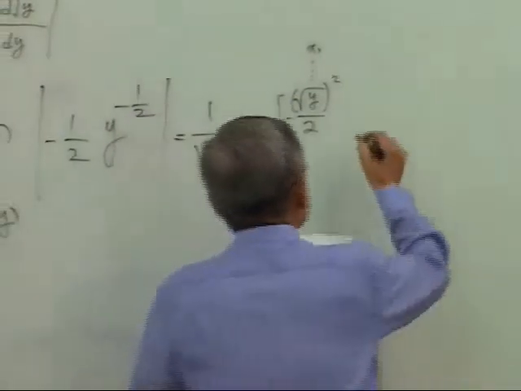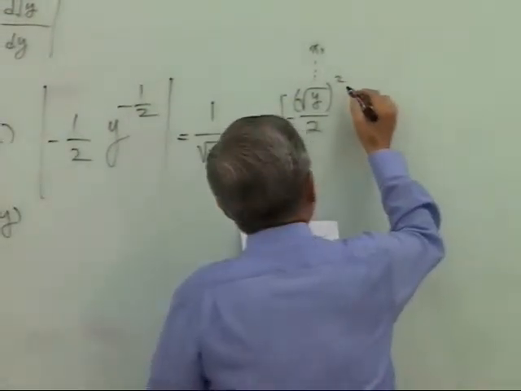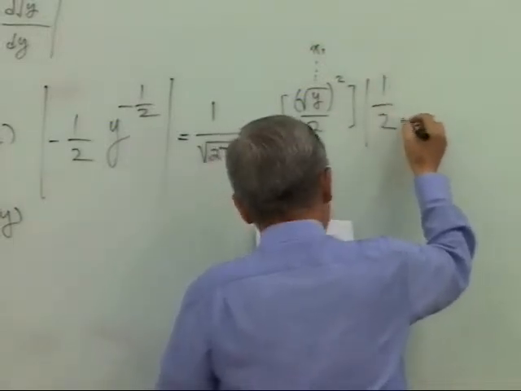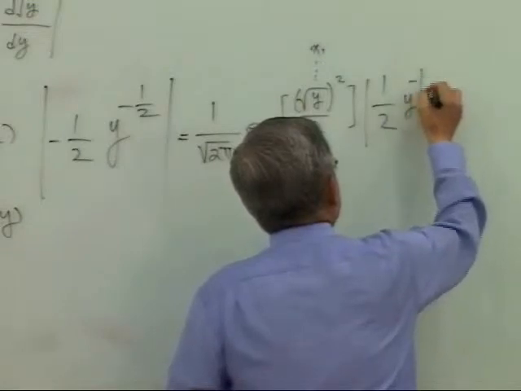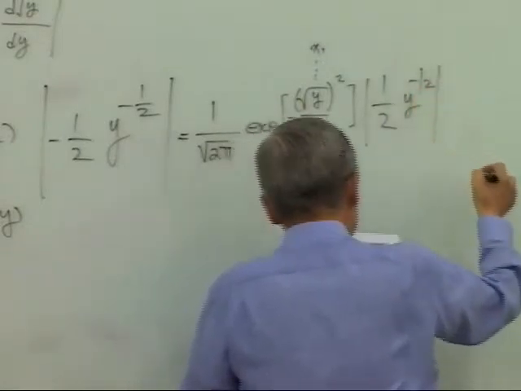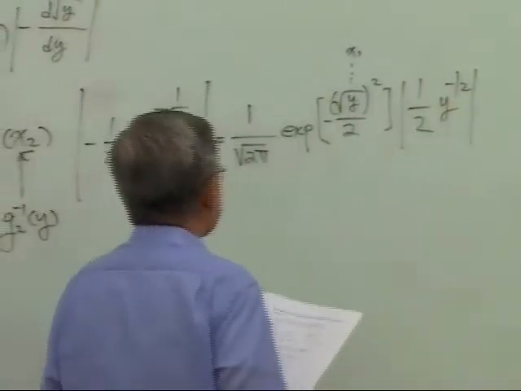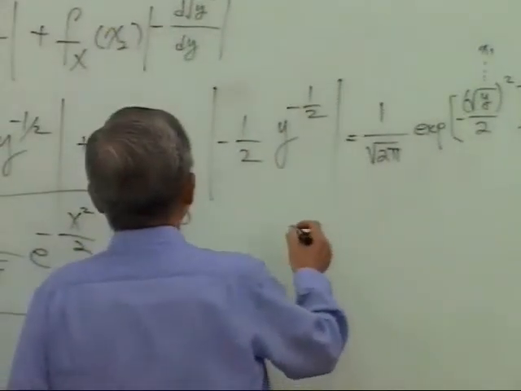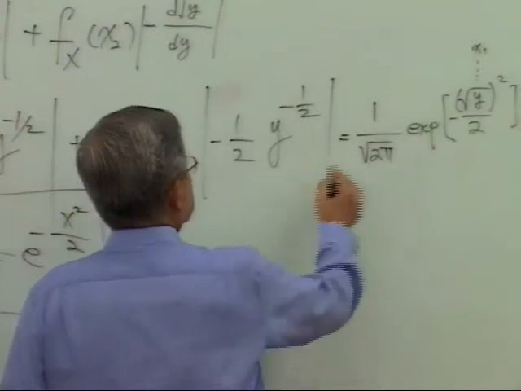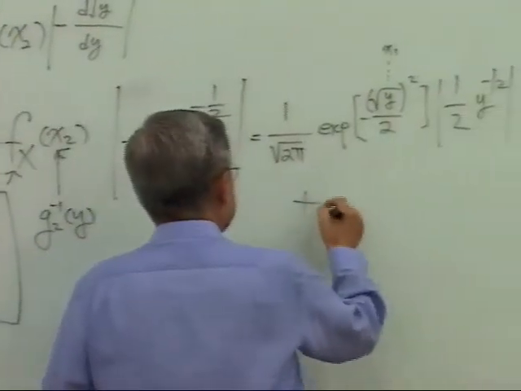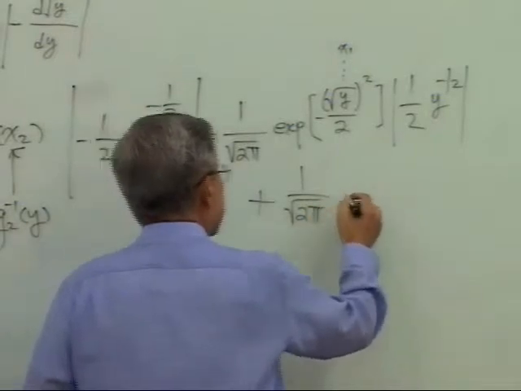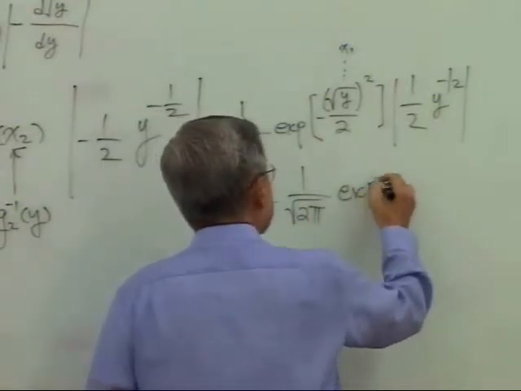That's x1. Half of y minus half. Looks very lengthy, but if you look carefully, it's not much in it. And what's this? And plus another term is 2 pi exponential function